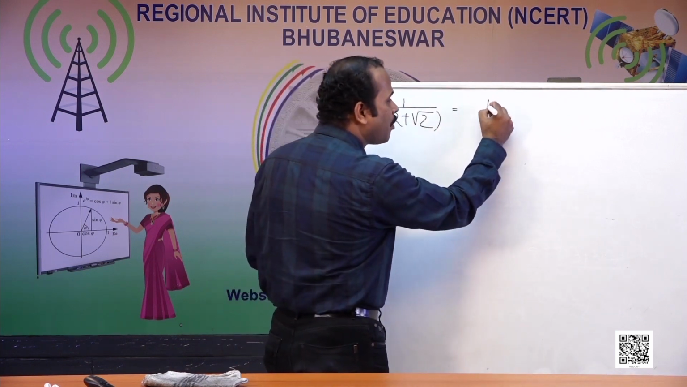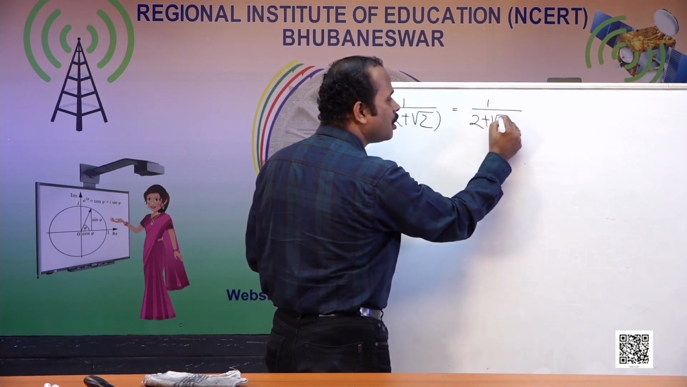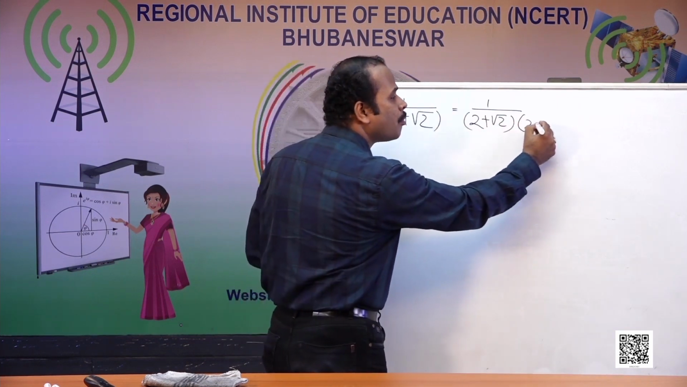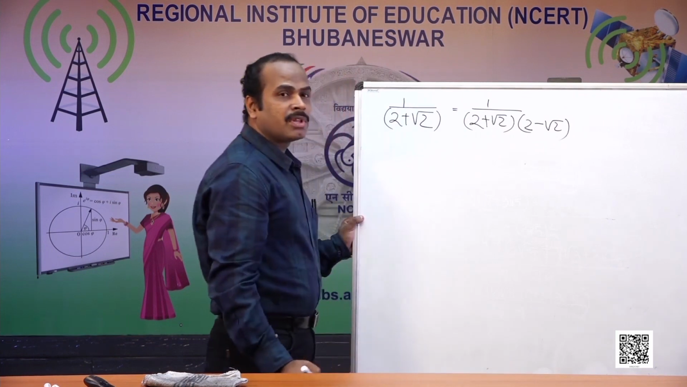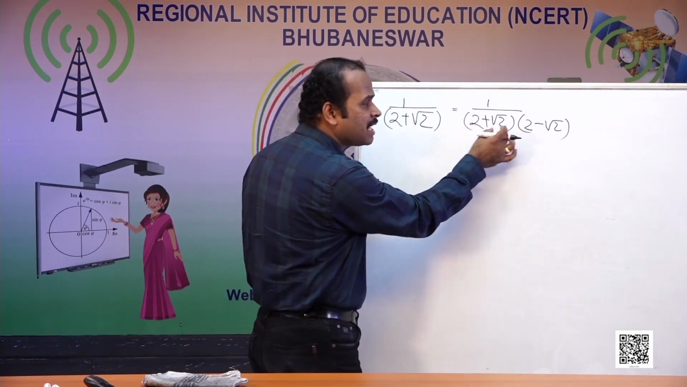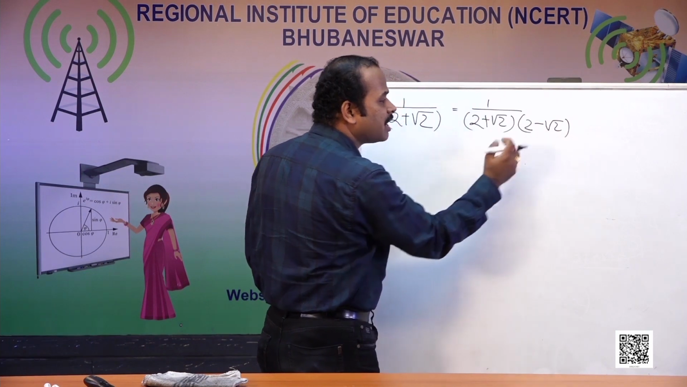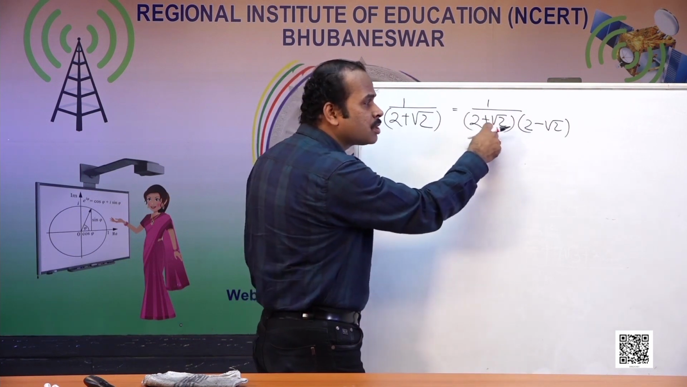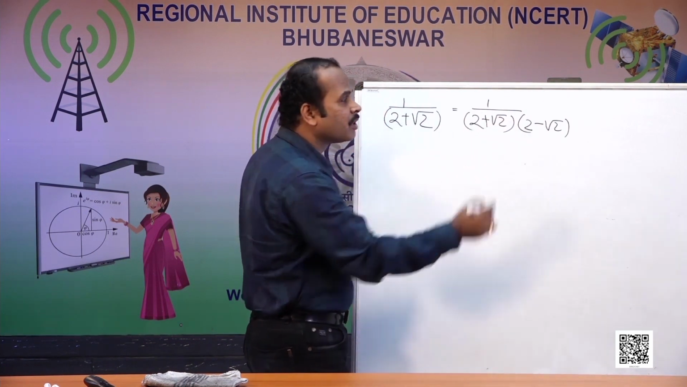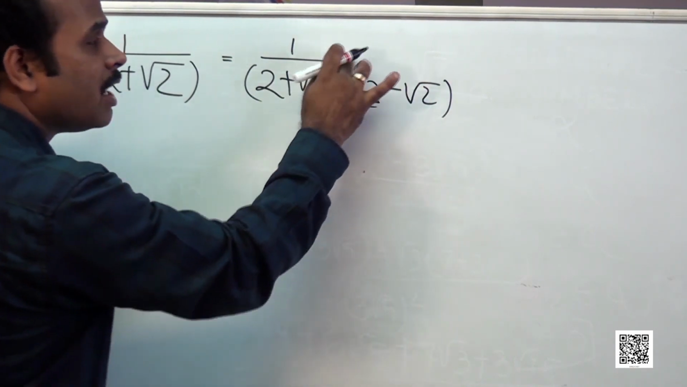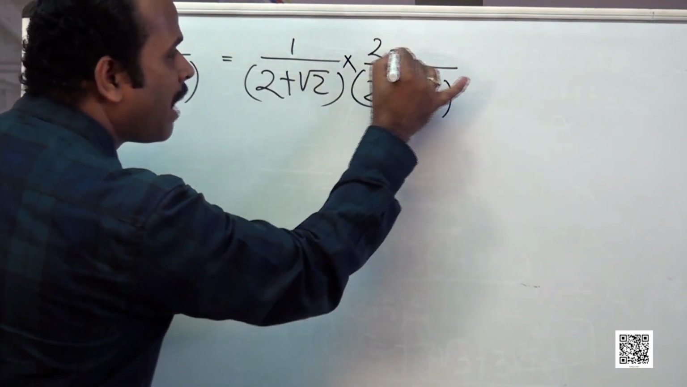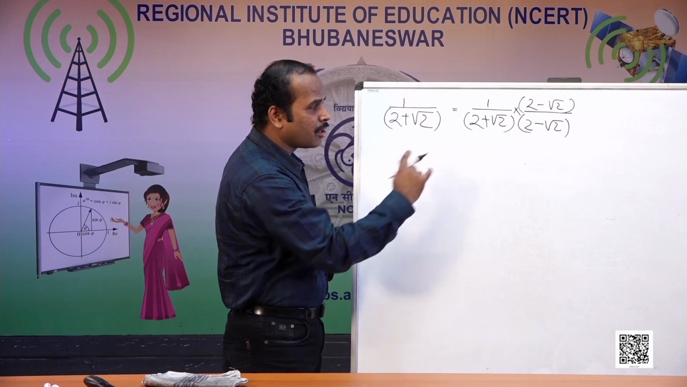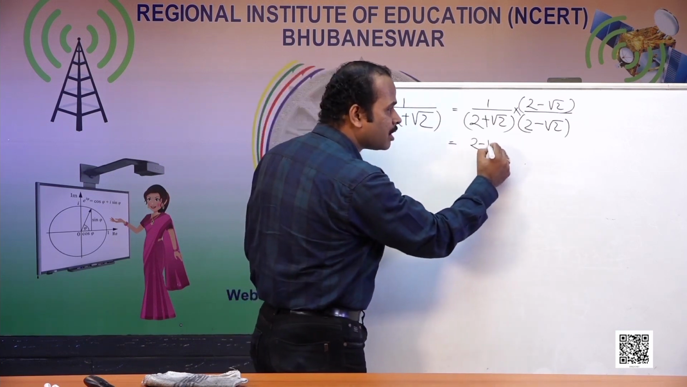Now I will take the rationalizing factor of the denominator as 2 minus root 2, because we have already seen when a plus b is multiplied with a minus b, the product gives a square minus b square. That means individual terms are getting squared, so that the square root of this individual term will be eliminated. But simultaneously, in order to make it equivalent, I have to also multiply 2 minus root 2 to the numerator. So now multiplying 2 minus root 2 both in numerator and denominator,